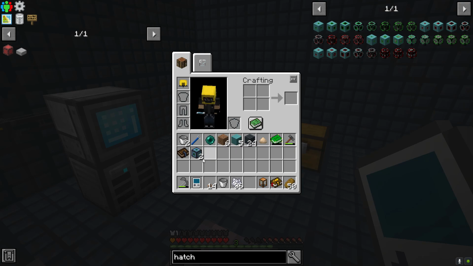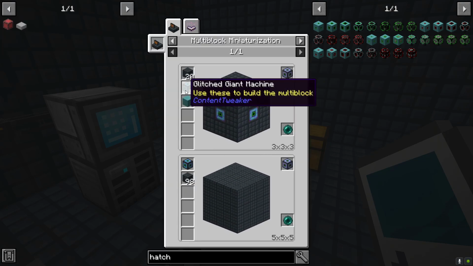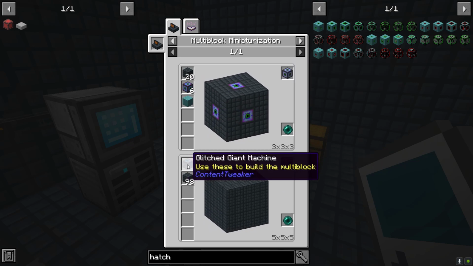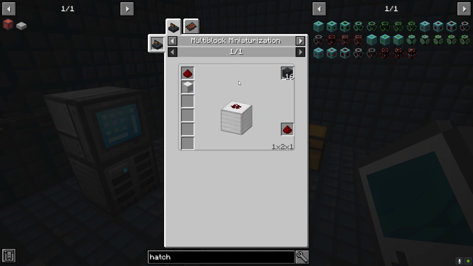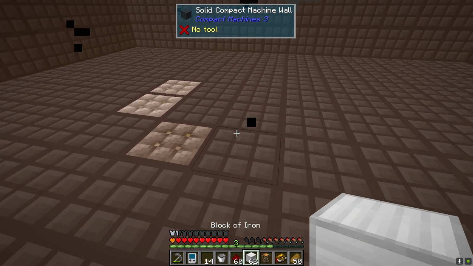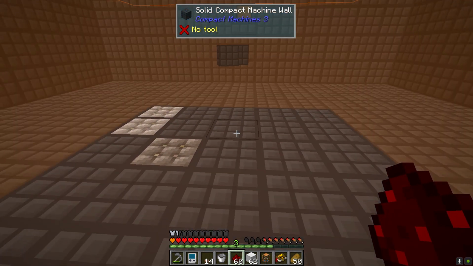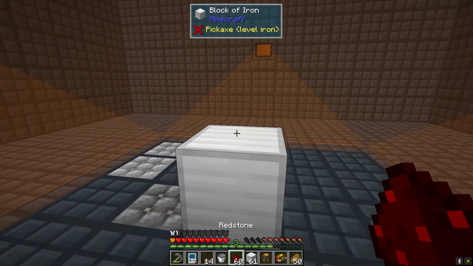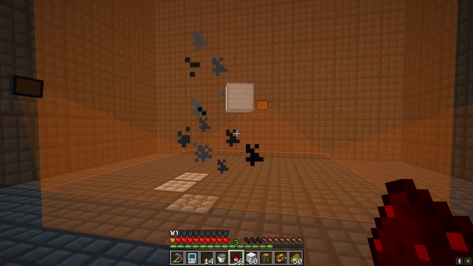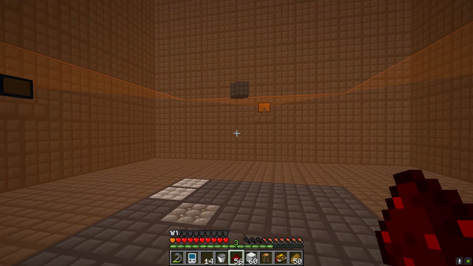Next up, let's go ahead actually and make the maximum compact machines. We're going to be doing the 5x5 method. So it's going to be that and that. So we're just going to get a bunch of blocks of iron and redstone. I feel like I need a vacuumulator in this room just to pick up all the junk once it's made, I guess. This isn't too bad because they craft so fast, and they do craft a decent amount at a time. But we're going to go ahead and plan to make...